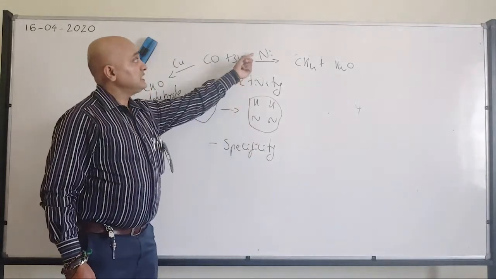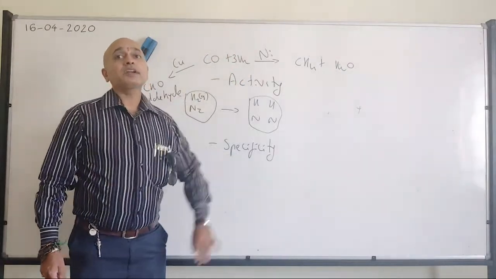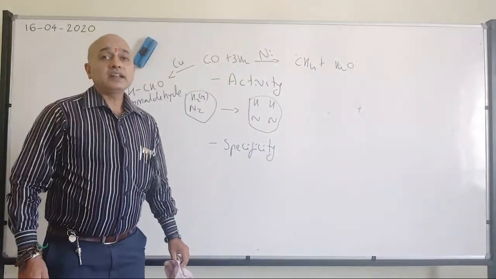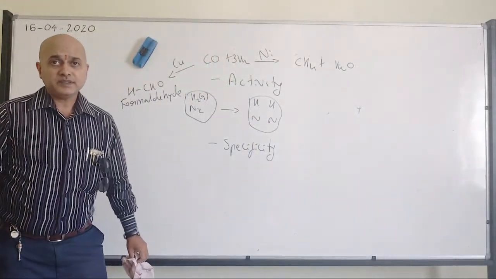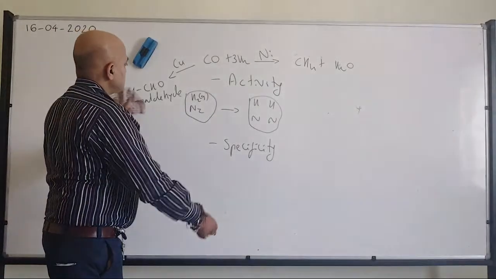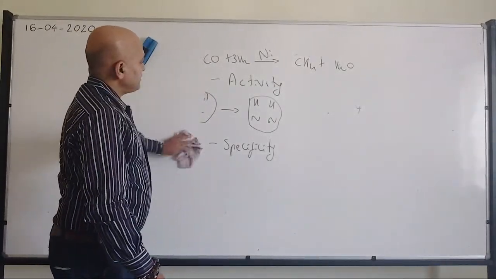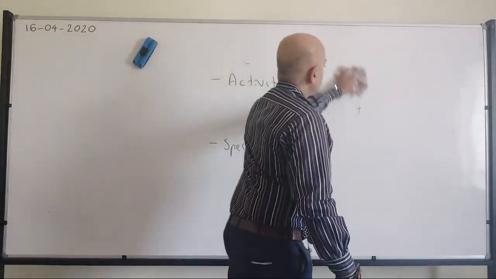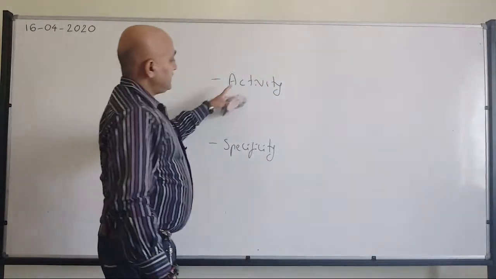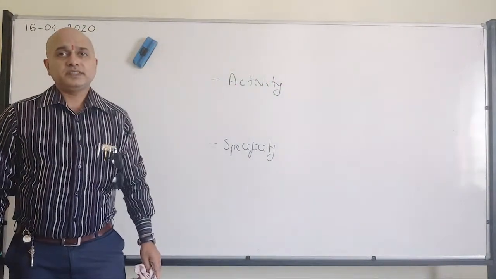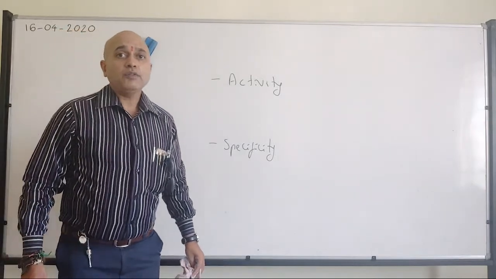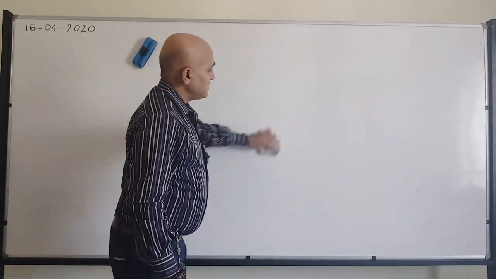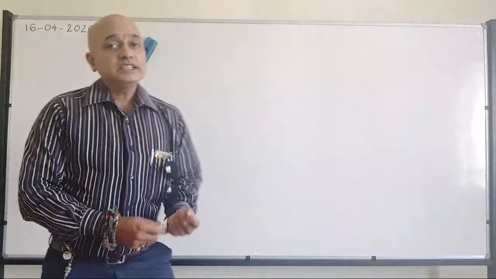Right? So if you change the catalyst, definitely the product will be different. That is where they are going to be involved in the reaction of these elements. So that is where there is specificity with respect to the heterogeneous catalyst. Fine. So these are the nature of the heterogeneous catalyst. Any doubts? Now, once it is done, we have another type of catalytic mechanism, that is with respect to shape